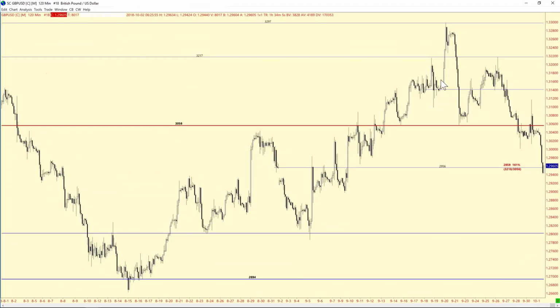Overall, the cable is still bullish. We'd have to actually hold down here below this 29.56 now, or stay in this area, to say okay, now we're going to go with a range, but it still has a bullish bent to it. Well, we just took a pretty good little dip here this morning. Now, where's support? Okay, well, we did reach our target here, 29.56, confluence with the 29.51 of the 161%. So I still like this area right here, but that was our target. Doesn't mean we can't push lower.